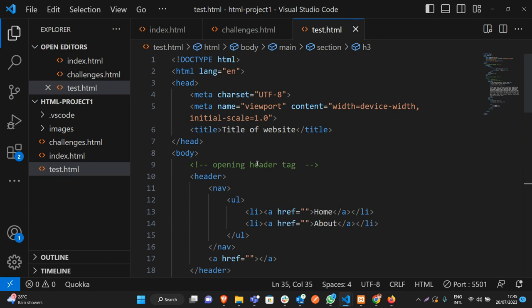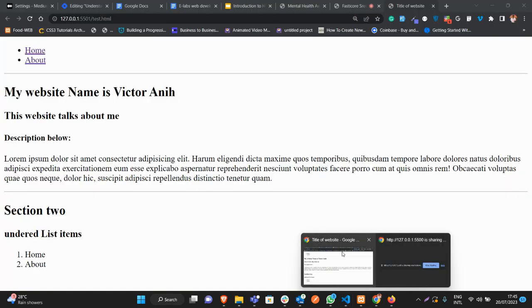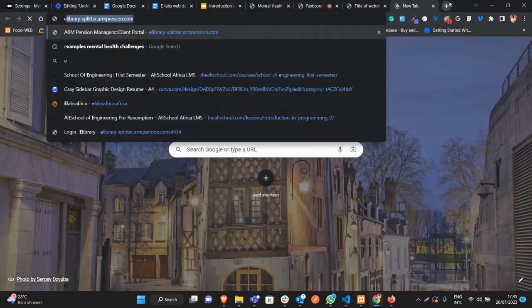We can create a second page here and call it anything, and then we'll use the anchor tag to link to that page. Sometimes it's not just about linking to different pages. We can also use the anchor tag to link to a particular section of our website, right? Have you ever been to a website where, let me even show us,